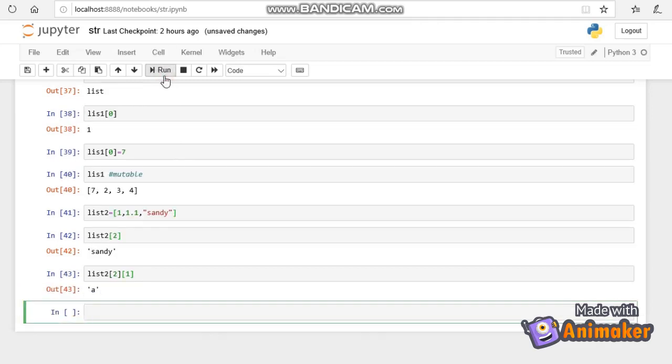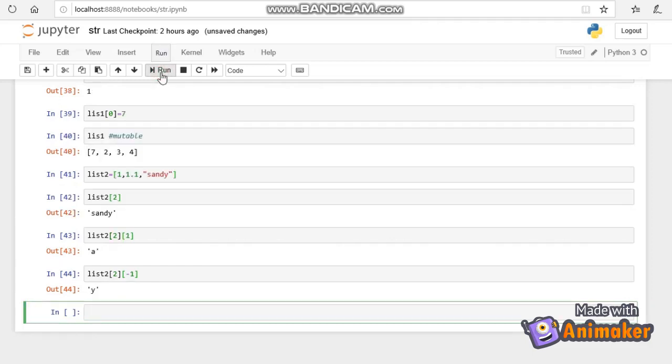So it is nearly like strings. That's how a character in a string which is present in a list can be accessed. So 2 comma -1, if I give, means I can access Y. So this is about lists.